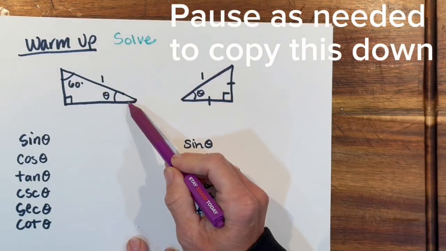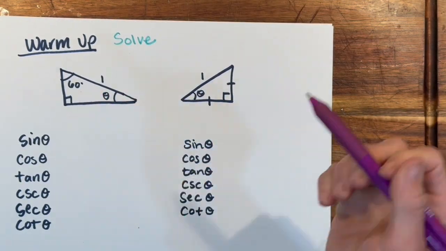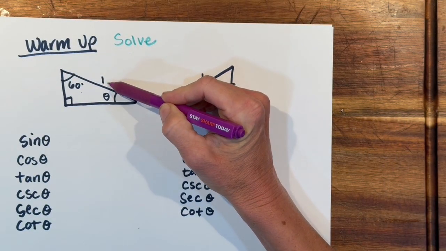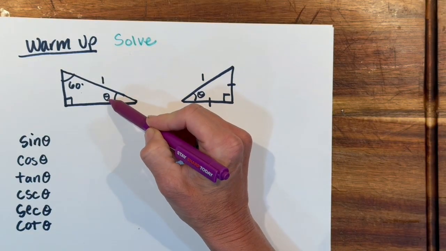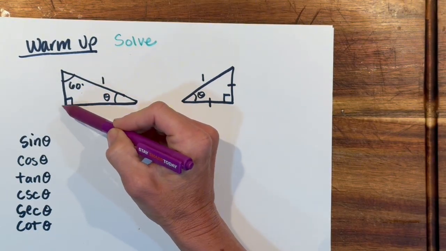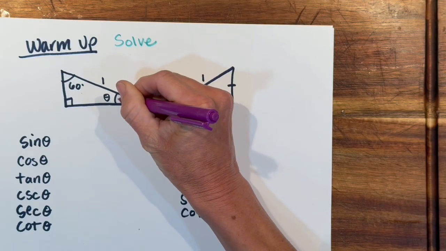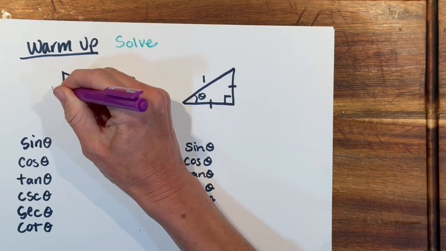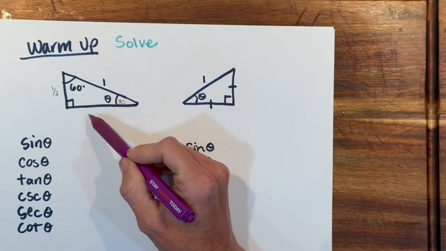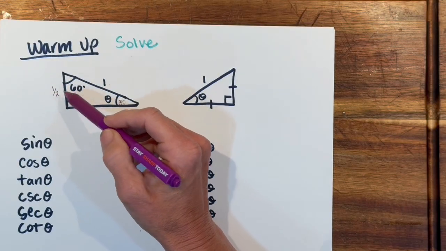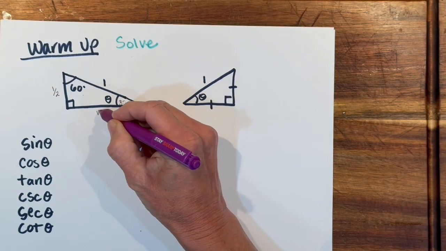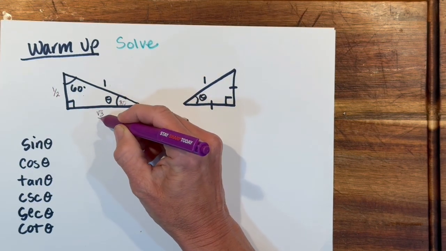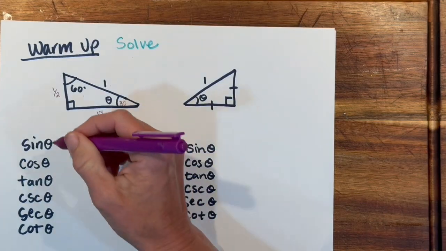And so start here. This is our theta. This is a 60-degree angle, and it says here that the hypotenuse is 1. So what we remember about these is that this shorter length across from the 30-degree angle is going to be half of the hypotenuse. Since this is 1, that's going to be 1/2. This one is whatever this side is times rad 3. So rad 3 times 1/2 is going to be rad 3 over 2, which means